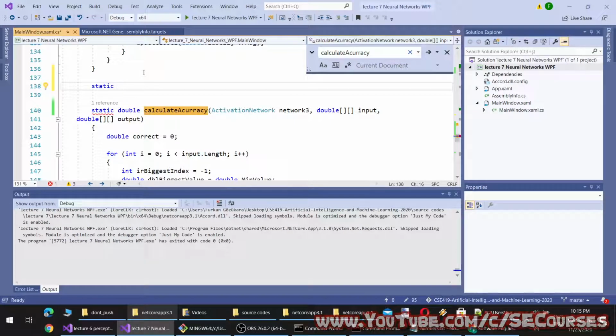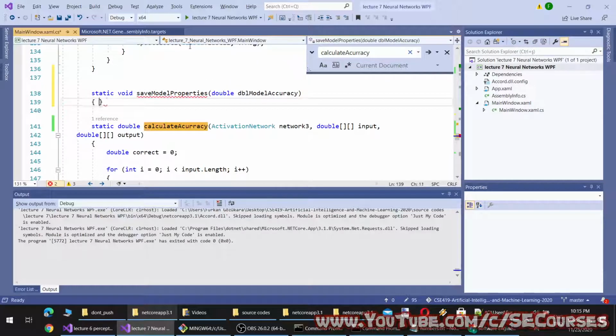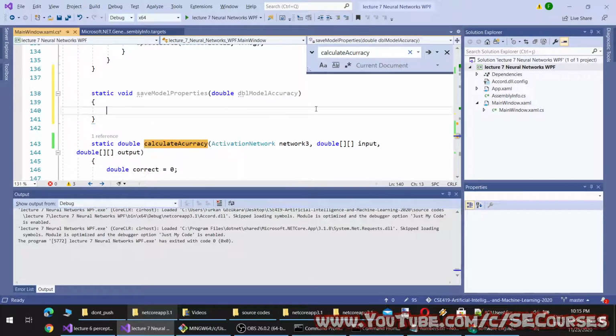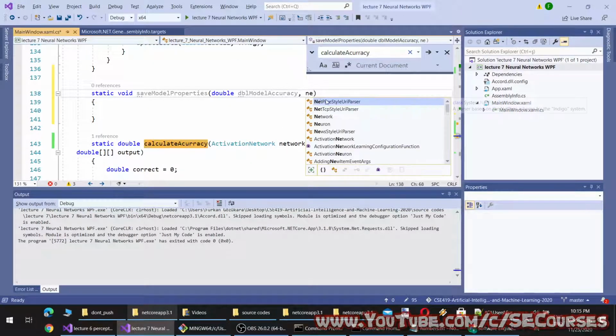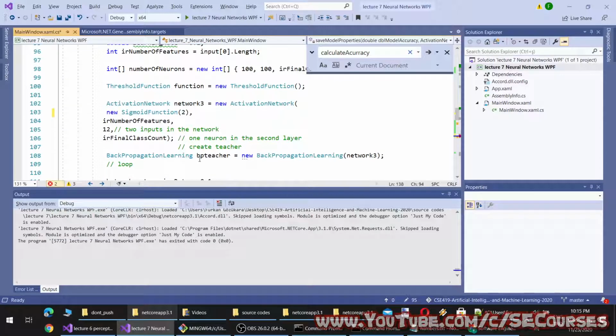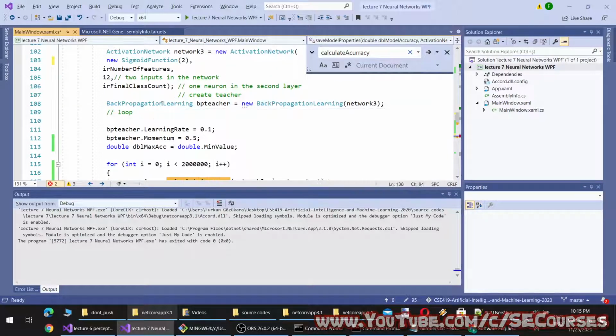Let's say properties, and we'll take model accuracy. Okay, and it will also take the activation network, and it will take the learning, which is in this case backpropagation learning. It is hard to do for each one.